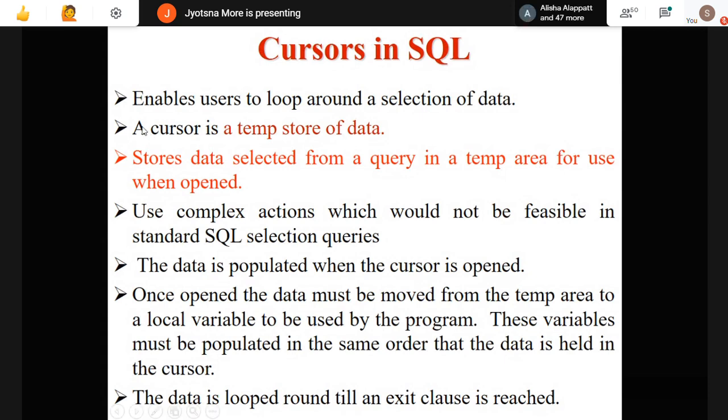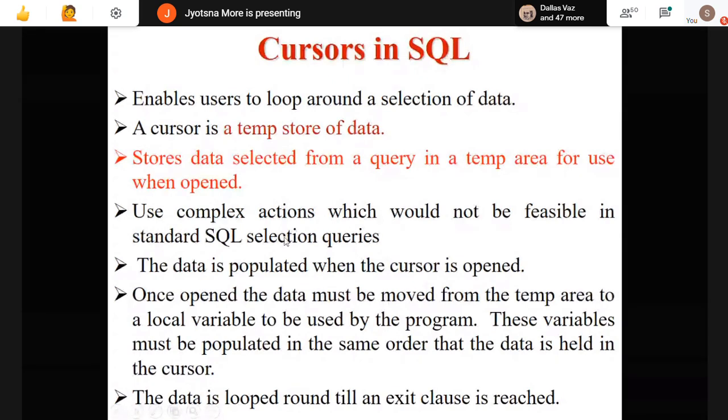So what is a cursor? A cursor is a temporary store of the data, like buffer data, just storing temporarily for your requirement. It stores data selected from a query in a temporary area for use when opened. Whenever you want to use that data, you just have to open the cursor.